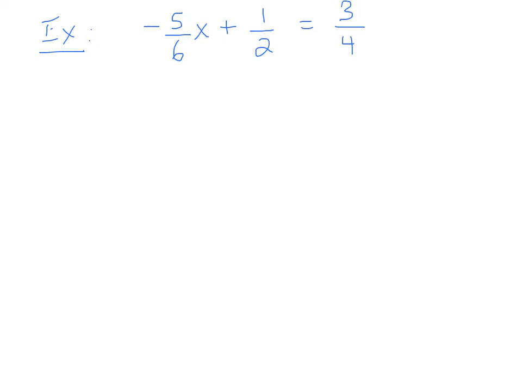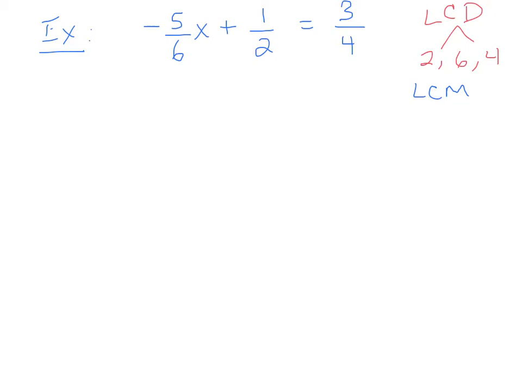Okay, here's a pretty intimidating looking equation. It's got a bunch of fractions in it. But the strategy when you have an equation with a lot of fractions is to multiply through by the LCD. So I guess we've got to discuss what a possible LCD is for these denominators present. This equation has denominators 2, 6, and 4. If we find the LCM between 2, 6, and 4, we'll have the LCM, which is the LCD, that we'll